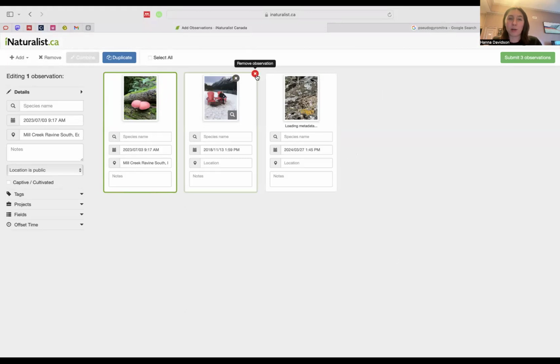If you have your camera, I would recommend the bulk edit online, which you probably plug in your card to your computer anyways, but it's a lot easier to do from here where you can just click them all and they all come up as their own observation. So you can see in the corner, it would say submit 3 observations. So these would all be separate, or you can add multiple photos to a single observation. Either way, whatever works for your situation, you can make it work.